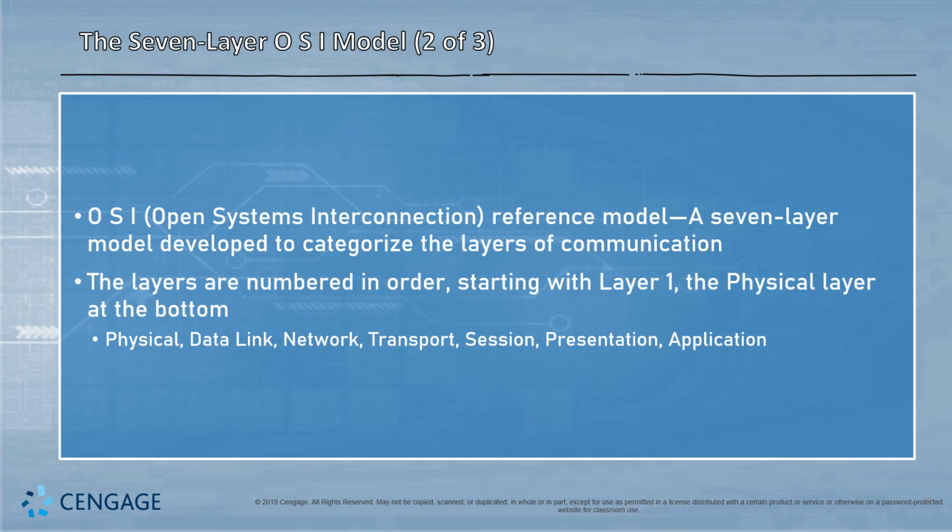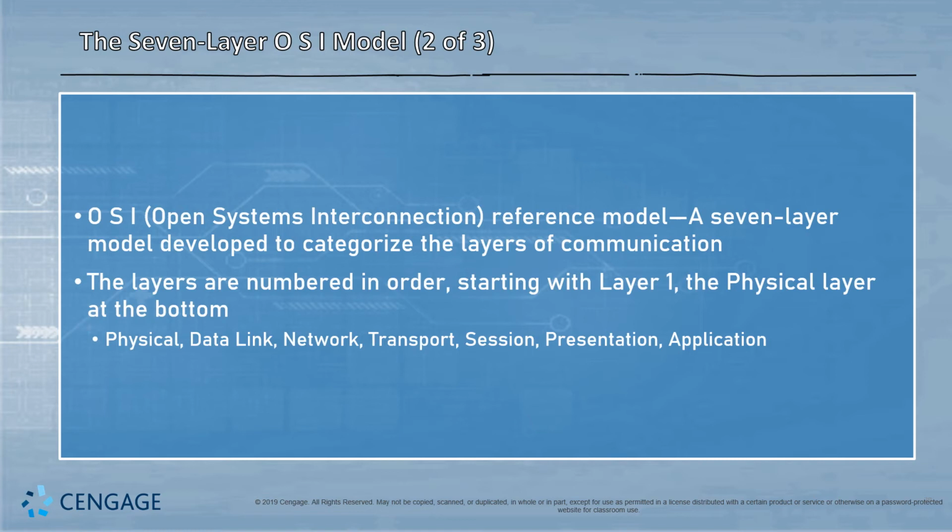So in order to standardize these transmissions, we decided to start using an open standard reference model called the Open Systems Interconnection model. It's 7 layers deep and categorizes the layers of communication from the physical layer to what's called the data link layer, which is a transitory layer between 1 and 3, the network layer, transport layer, session, presentation,